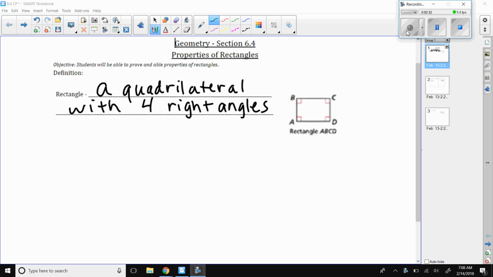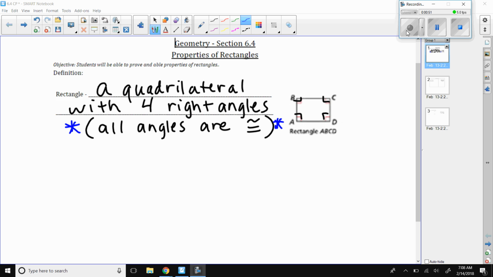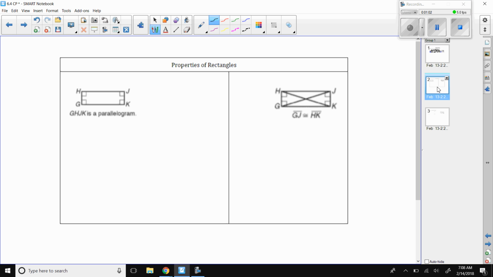So we can see in our picture here that B is a right angle, A is a right angle, C is a right angle, and D is a right angle, which means that all angles are congruent, which is a new definition for us, because parallelograms and rhombuses have opposite angles congruent, which is going to be true for rectangles as well, which is why you can see in the property box that